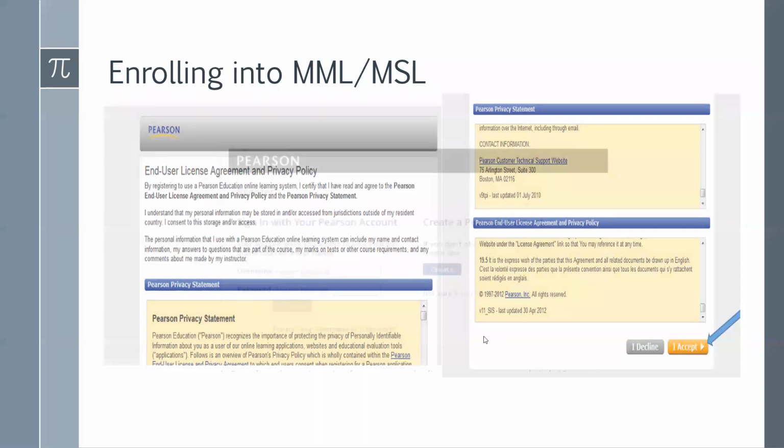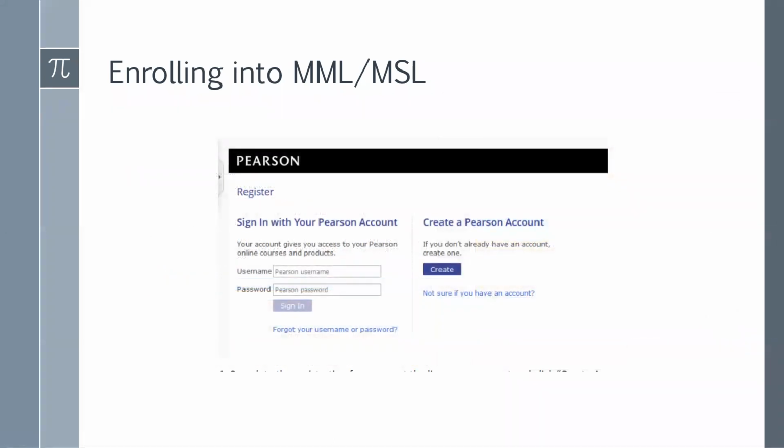So after you click I accept, the next thing that's going to happen is one of two things. If you have utilized either MyMathLab or MyStatLab previously, you may not see this step. Now, if you see this screen, one of two things will need to occur. Either if you've utilized MyMathLab or MyStatLab or any Pearson product, maybe you've taken an accounting course and it's not being registered by D2L, you're going to use your existing username and password. If this is the first time you've used MyMathLab or MyStatLab, you're going to click this create button over here